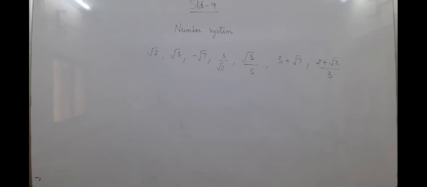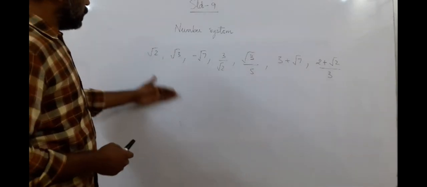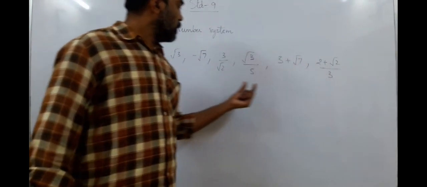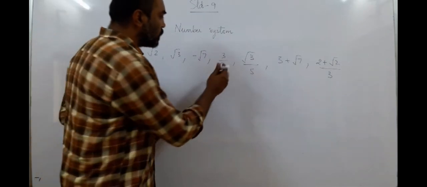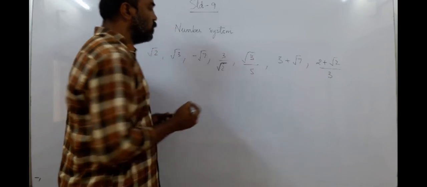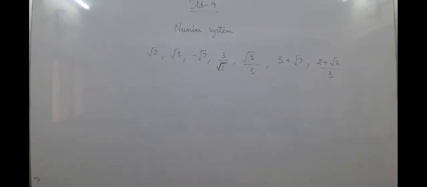Okay? Now, out of all these numbers, root 2, root 3, they are in the irrational form. Here we have the denominators which are integers. But in this one case, I have put the irrational number in the denominator. Now, as a rule, we never have an irrational number in the denominator. So, the denominator should always be rationalized. So, today we are going to work on how to rationalize a denominator. Okay? How to rationalize a denominator.